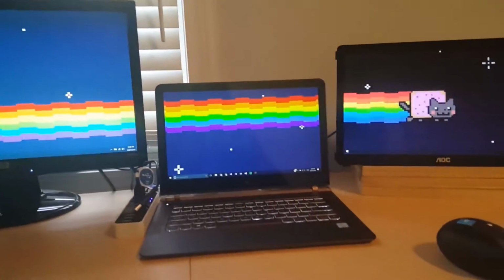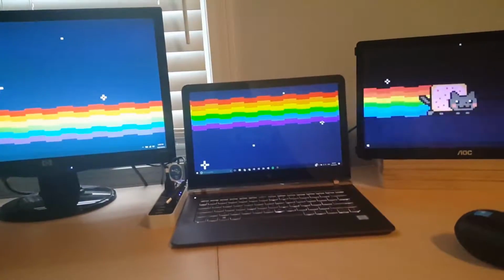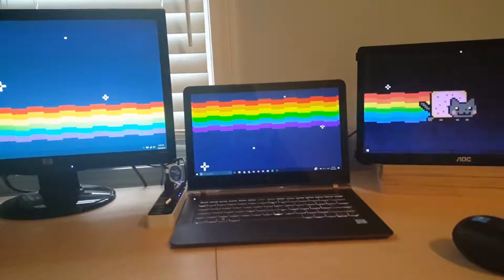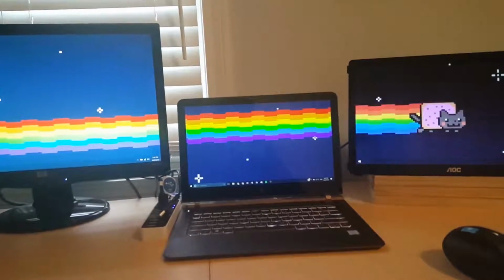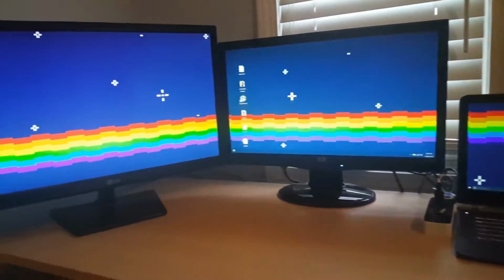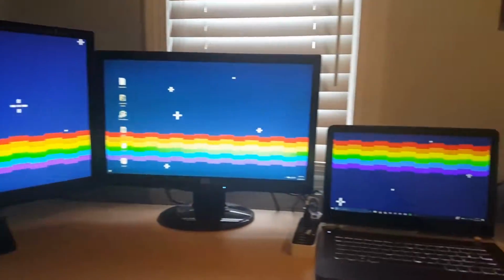And if you didn't know, it actually doesn't have any ports. It just has 3 USB-C ports. So this should work on a MacBook. I haven't tested it, but you can get extensions, you can get everything. These are all spare monitors. This one's a TV actually. So yeah, anyways,